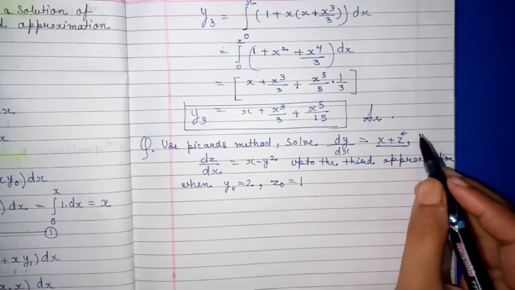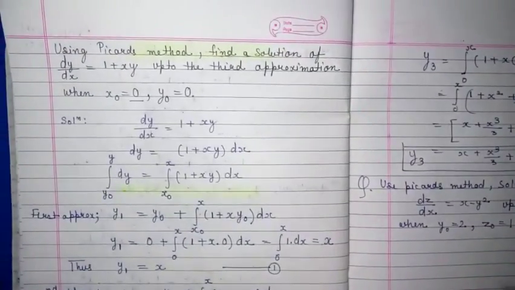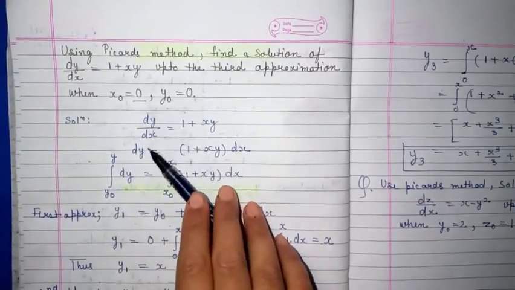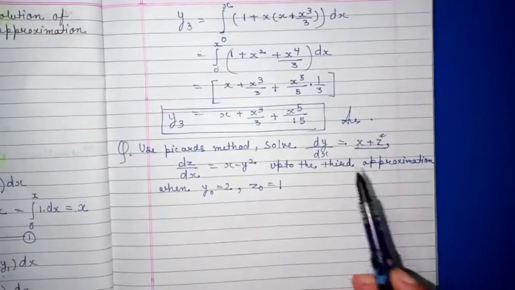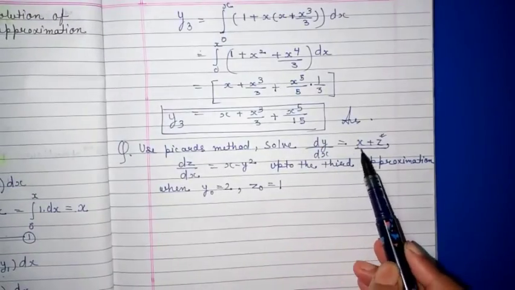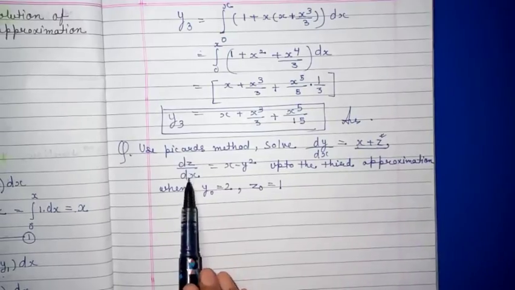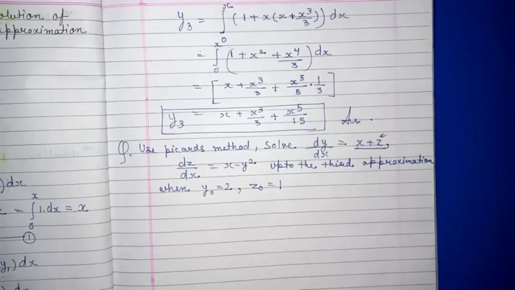This z is different. Wherever dy by dx is given, the functions are x and y only. If dy by dx is there, then the function is x and y only. But here something is different, that dy by dx is given, but the functions are x and z. So it is a little bit different. So dz by dx is also given, that dz by dx is x minus y square. So how to proceed in this question? First I am only giving you a hint so that you can solve this.